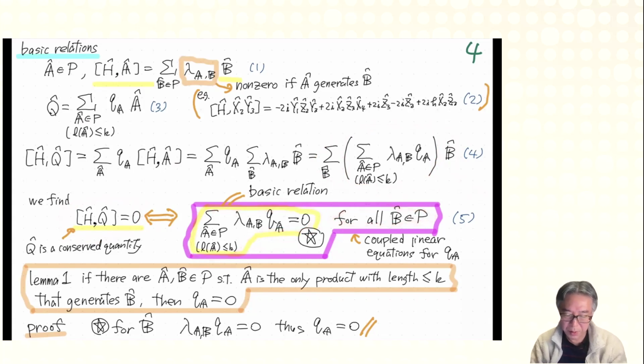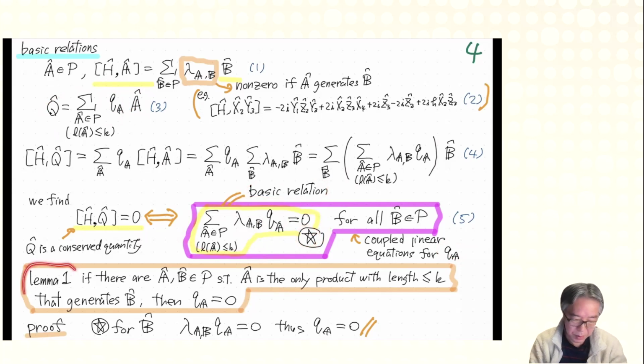Okay. And recall that this lambda AB is simply plus minus 2i or plus minus 2ih. This is something already very well known and easy to compute. And these QA are unknown coefficients for this candidate of conserved quantities. Okay, so you can regard this as a coupled linear equation for determining these unknown QA. Okay? And we shall call this relation star, the basic relation, and use this repeatedly in this lecture. Okay, now